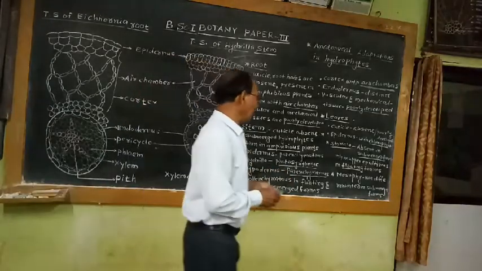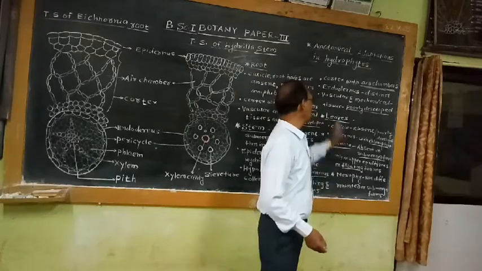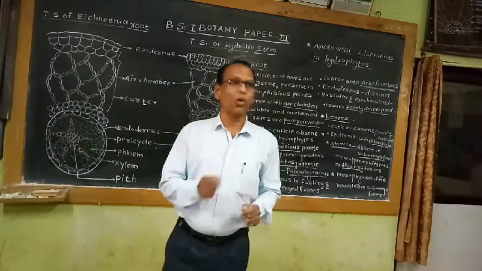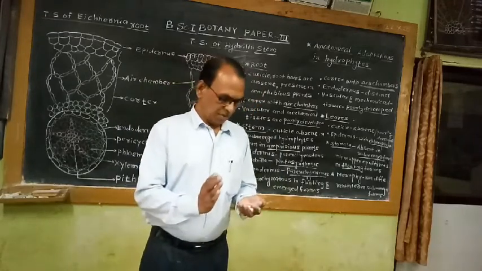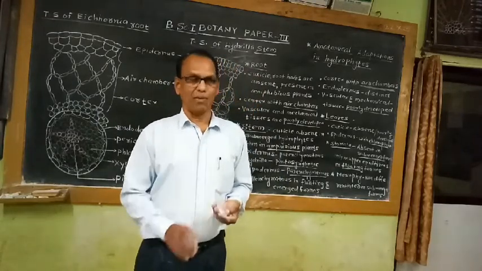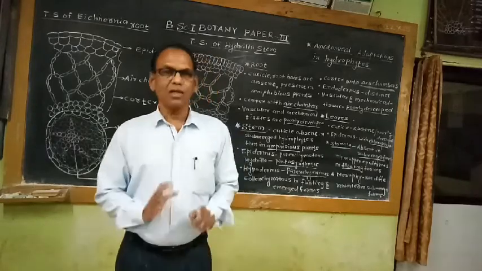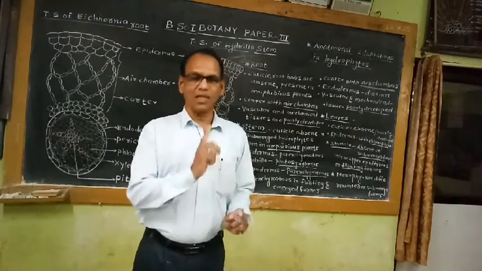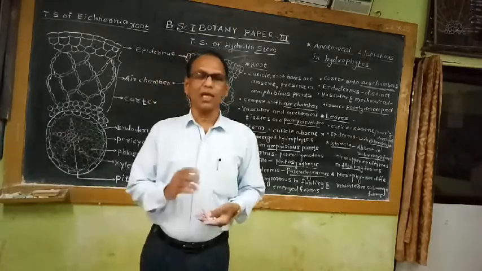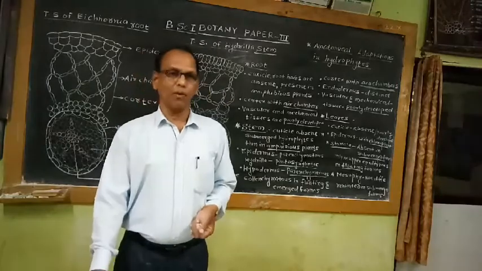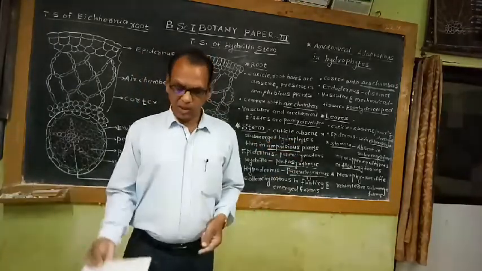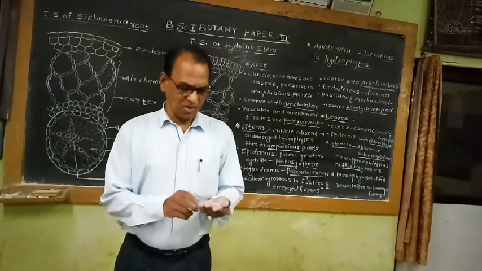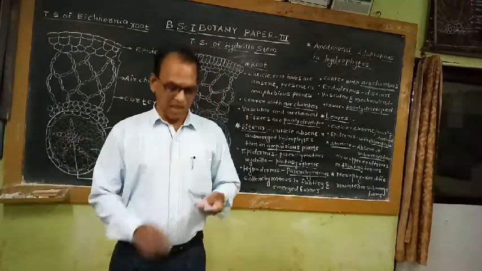Then about the vascular tissue. The vascular tissues in the leaf are also poorly developed. That means xylem tissue and phloem tissue are poorly developed in the leaves also. As far as conducting tissue and mechanical tissues are concerned, as in root and stem, these vascular tissues and mechanical tissues are also poorly developed in leaves. Then finally, I am going to discuss the physiological adaptations shown by the hydrophytic plants.